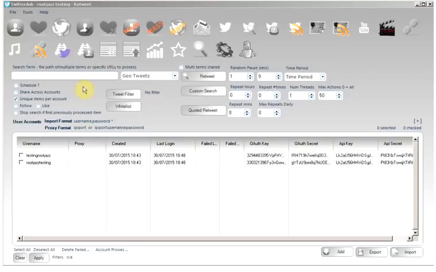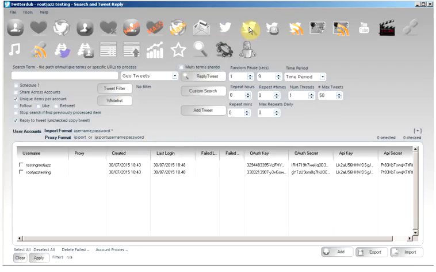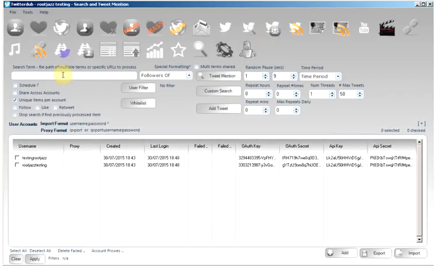So I am on the retweet tab here. The basis of this program, you will search for tweets, then retweet them, and we are going to be using a quoted retweet. Exact same functionality for search and reply. Tab looks the same. You specify your search, you specify how you're going to reply. Same for tweet and mention. The only difference here is rather than searching for tweets, we are searching for users,